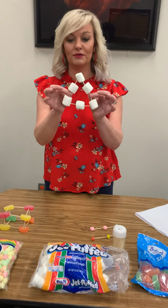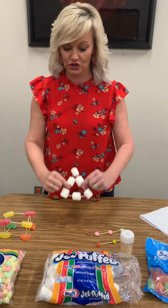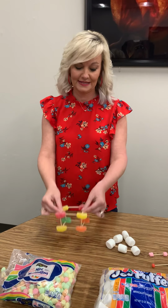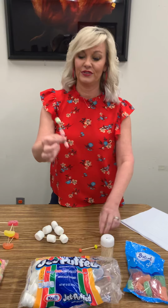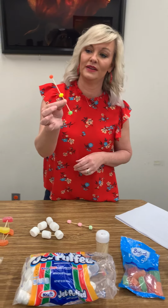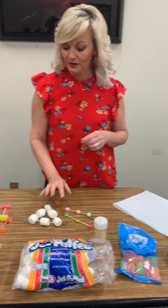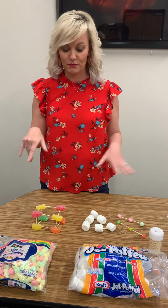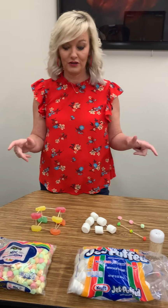I've done the big one with the marshmallows, just did a triangle. This one I did with the fruit slices. This one was with the little marshmallows, and this one was with the jelly beans. So as they build and they use different materials, different marshmallows or candy or whatever you give them,